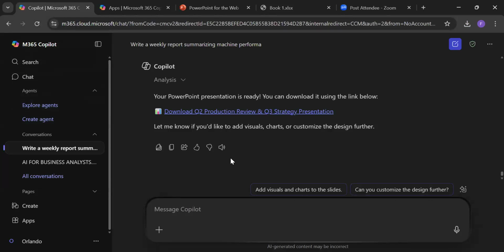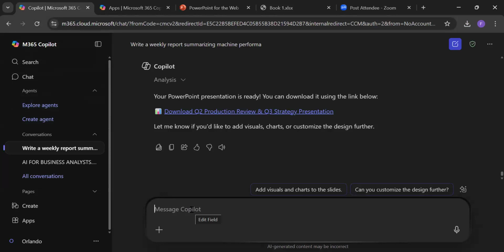So let's say you are the organizational head. You may not have an idea about a certain job description in your organization, but you want to assign somebody to it. You want to write a job description. It can also help you.